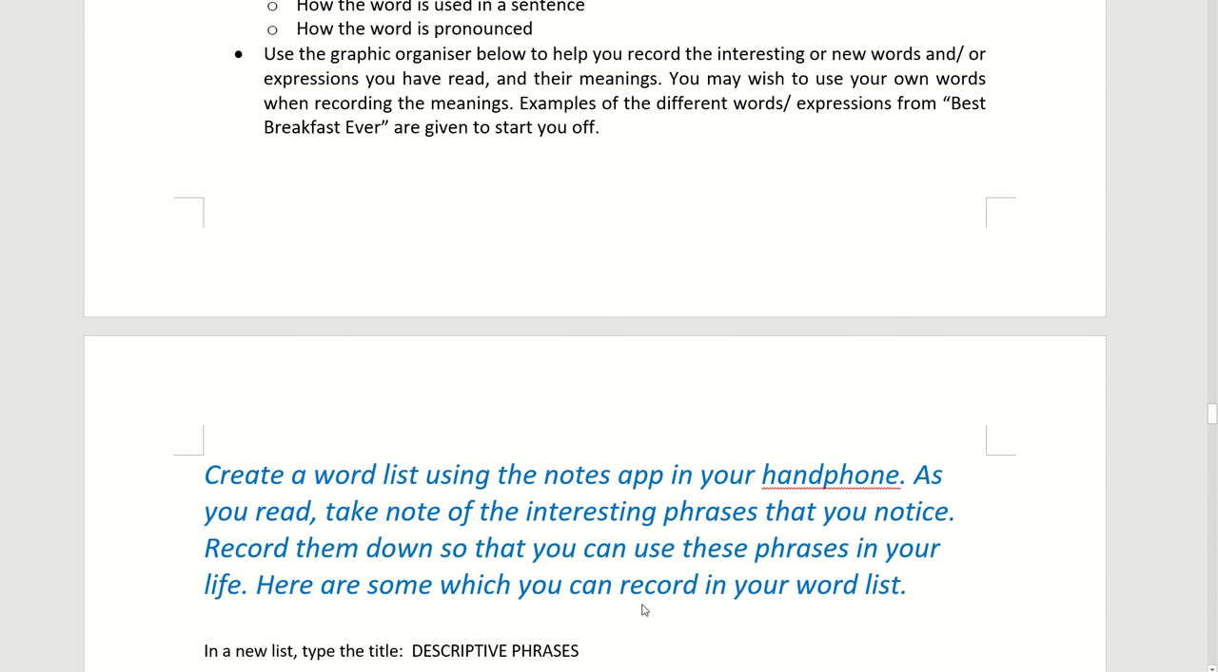So what is it that I want you to do? You will create a word list using the Notes app in your handphone. As you read, take note of the interesting phrases that you notice. Record them down so that you can use these phrases in your life, in your writing, in your conversations. So, before I review some of the phrases that you can record in your word list,